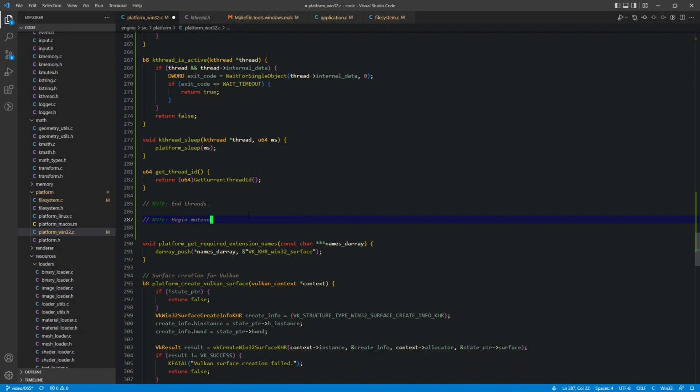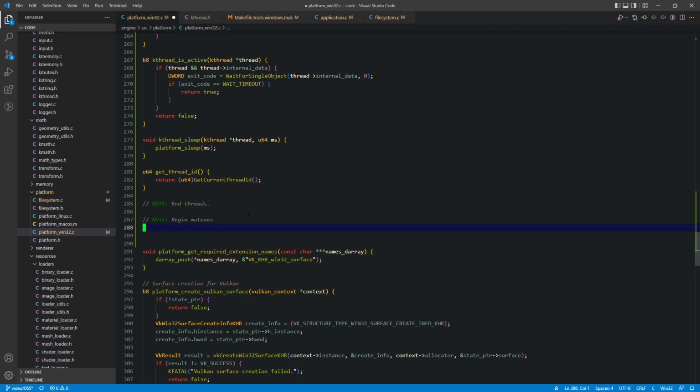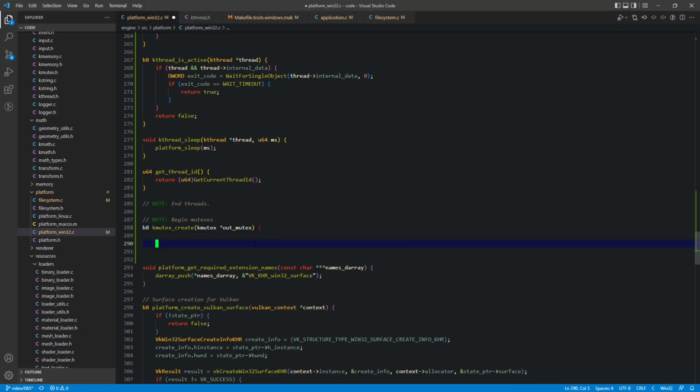Next comes our mutexes. So mutexes, thankfully, are not very complicated at all. We only have just our 4 methods to implement there. So we have our